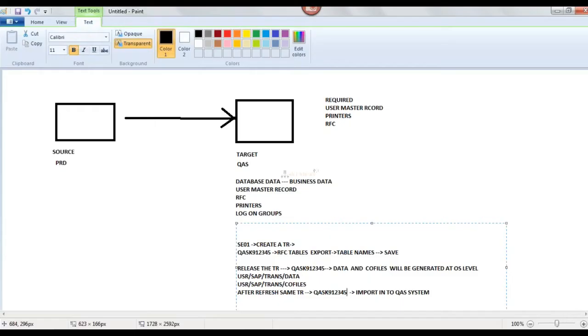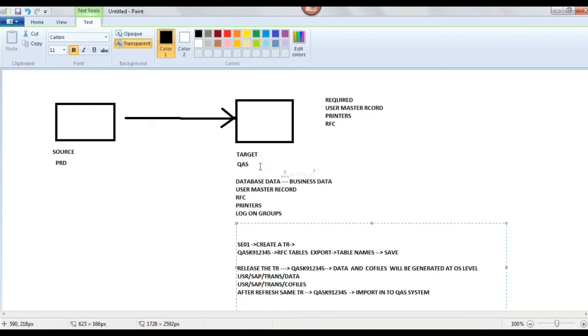And one more main point is system refresh activity. Every client will have a standard method. Each and every client will have some standard methods. You need to follow the method only.